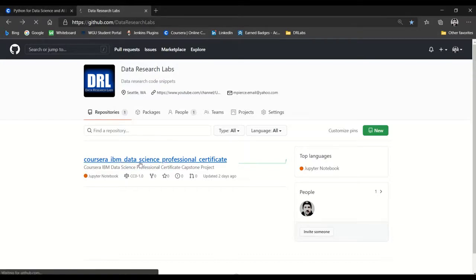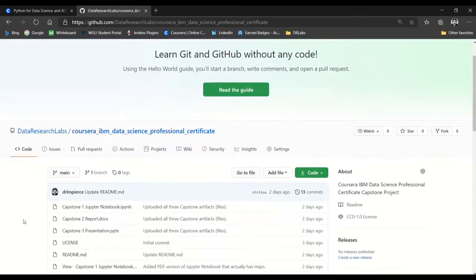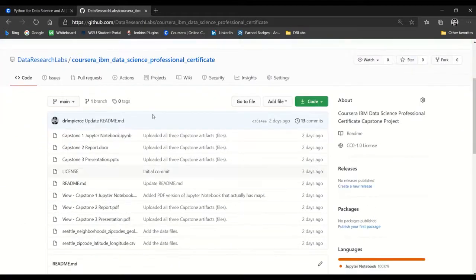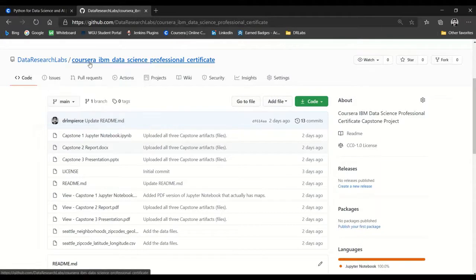So we're going to drill down here into my GitHub project so that you can see what GitHub's all about if you don't already know. I really like this. In my GitHub project here, DataResearchLabs is my repository, and Coursera IBM Data Science Professional Certificate is the project. In this project, I have a